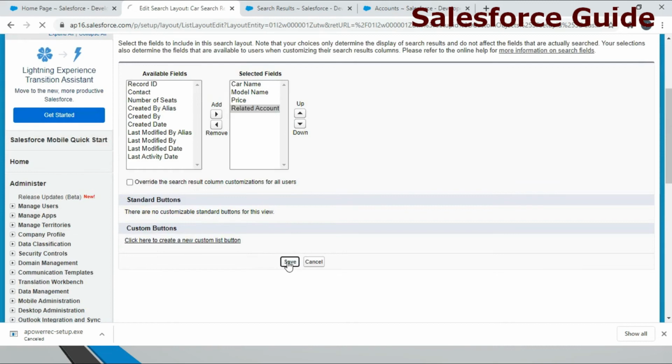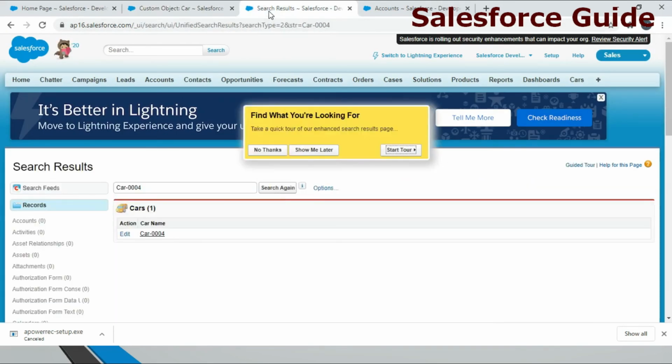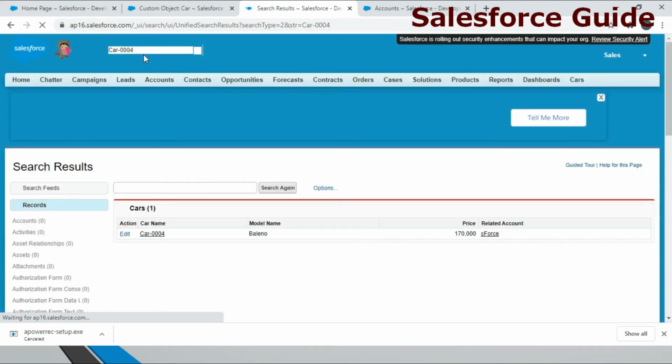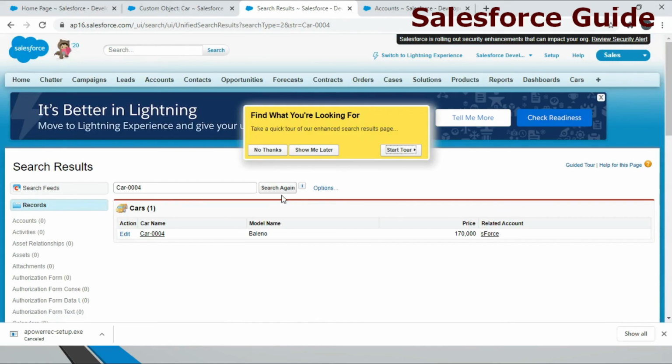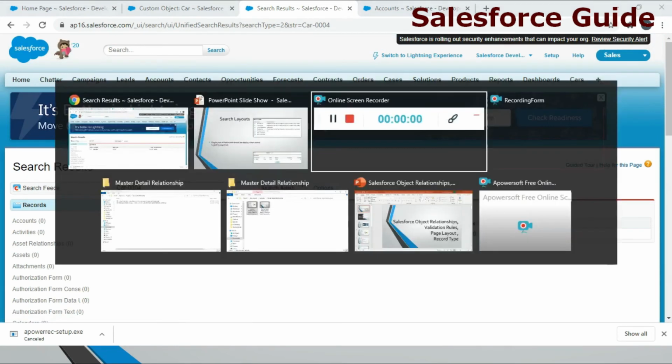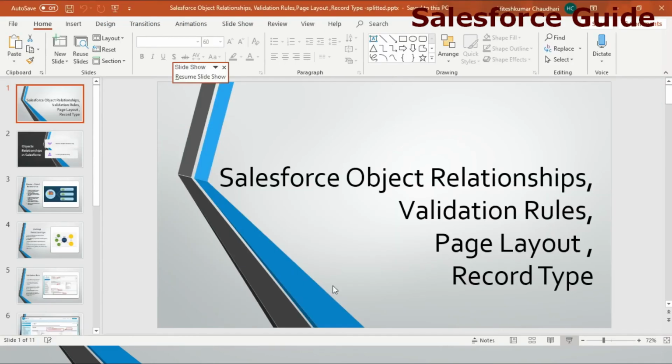Then save this and refresh the page. After that, whenever we search, you will see the newly added fields in the order we set. Now here you see the model name, price, and related account, which were not there previously. So this is how the search layout works.